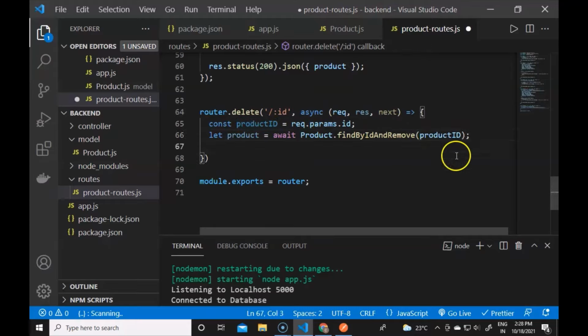So guys, if I check this, it will await, and it will find by ID and remove the product from the database.